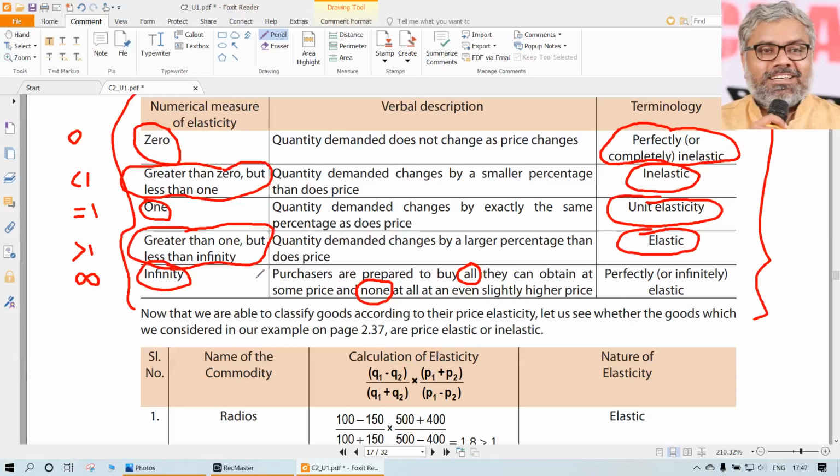So if the price elasticity is infinity, then the change in quantity will be changing too drastically without a change in price. So price will not change, naturally the price remains constant, and quantity will keep on changing. So how does this graph look? This graph looks parallel to the x-axis if the price elasticity is infinity. If the price elasticity is 0, that will be parallel to the y-axis.